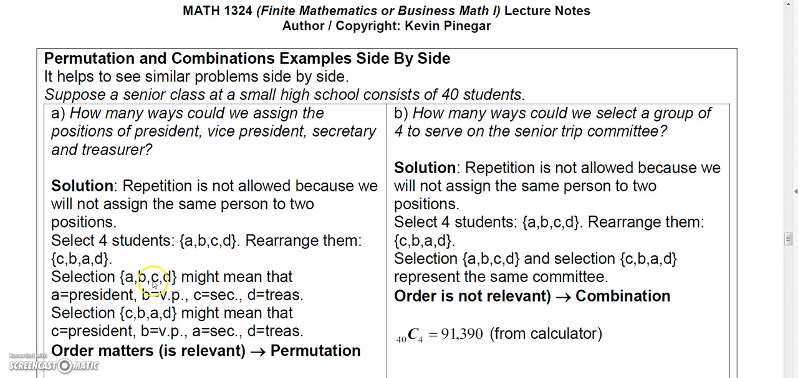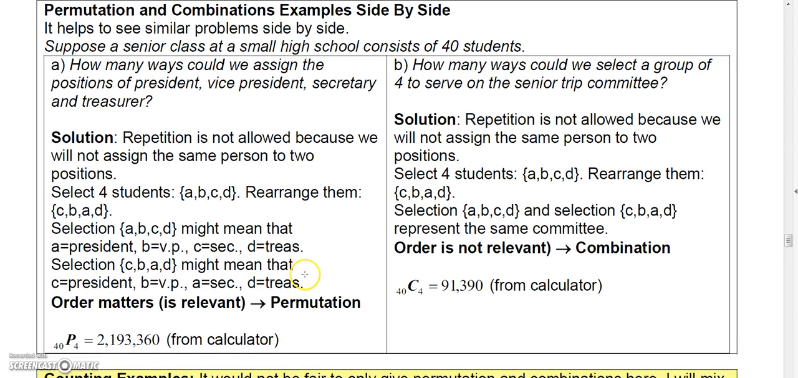Selection A, B, C, D could mean that A is president, B is vice president, C is secretary, D is treasurer, but C, B, A, D would mean that C is president, B is vice president, A is secretary, and D is treasurer. So that would be a different assignment. So that tells me that order is relevant. Therefore, this would be a permutation problem, 40 students, total of 40 students, P4, and that would give me over 2 million